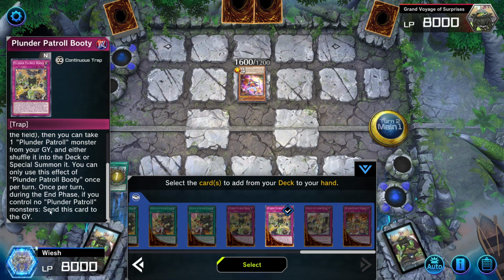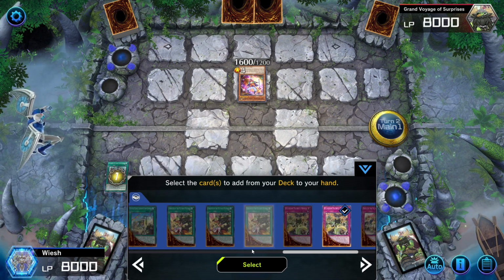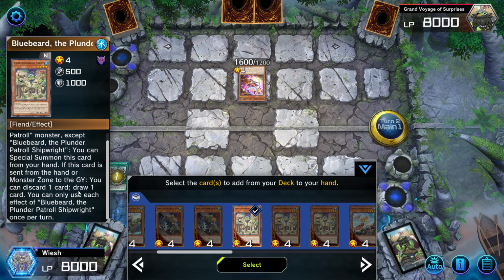Once per turn in the end phase, if you control a Plunder Patrol monster, send this card to the graveyard. Okay, it's a continuous. Amazing. Yeah, so we definitely made a slight mistake, unfortunately. But is this useful? I think we are best off